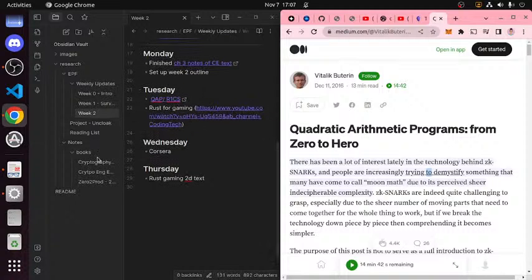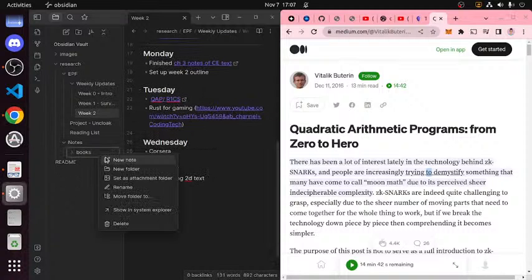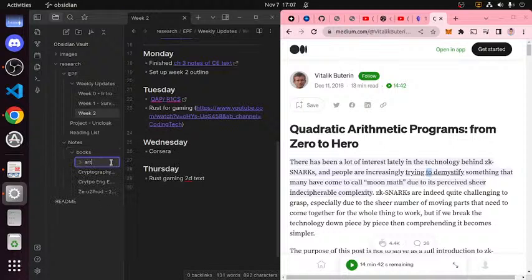So I'm gonna go through this in terms of notes. I kind of want a new folder, just called articles, because I think that's a whole different thing.